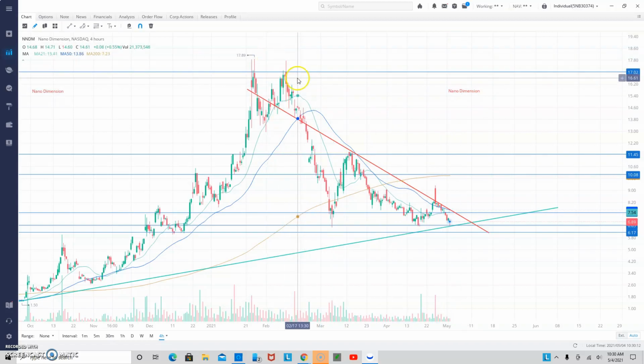If we want to see this thing hit new all-time highs, we're going to want to break above $17. And we're going to want to see that close above there because it's never closed above $17 before. You could see it through the intraday. It went up there, but it promptly sold off once it got above 17. So we're going to want to see that moving forward if we are going to reach new highs to close